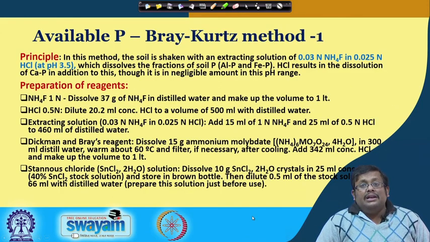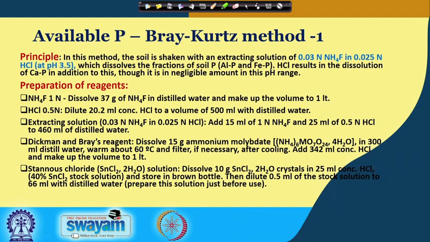The principle behind this is that in the soil, phosphorus is basically fixed in 3 major forms. In acidic soil, it is mainly fixed as aluminum phosphate and iron phosphate, and in alkaline soil it is mainly fixed as calcium phosphate. So in this Bray and Kurtz method, which is useful for acidic soil, we shake the soil with an extracting agent called Bray and Kurtz number 1 extractant.